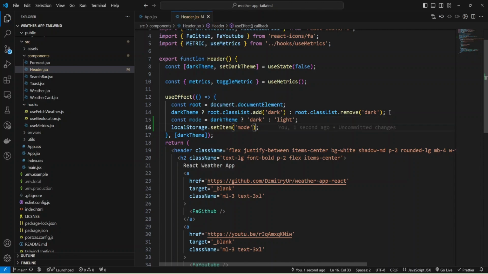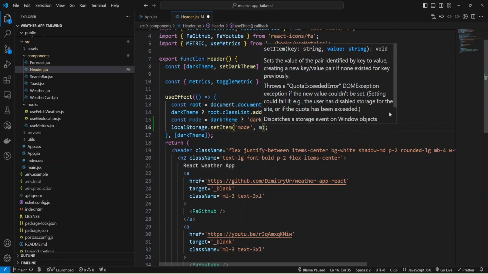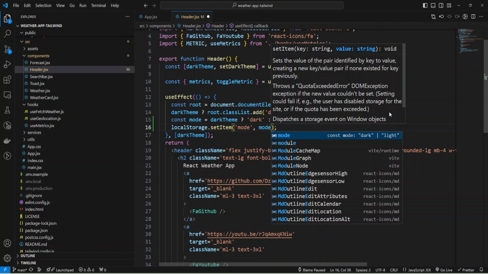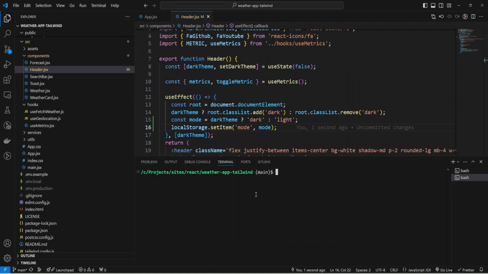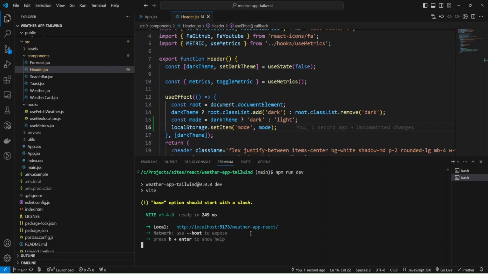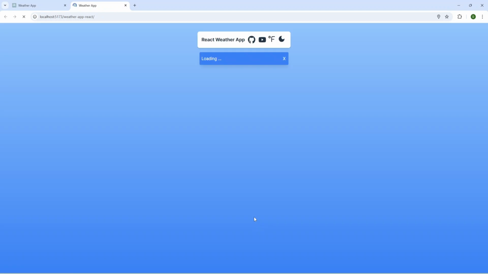Okay, and now I can use my variable and provide the value to local storage. Now I'm going to run my dev server with the command npm run dev, and open my application in the browser.